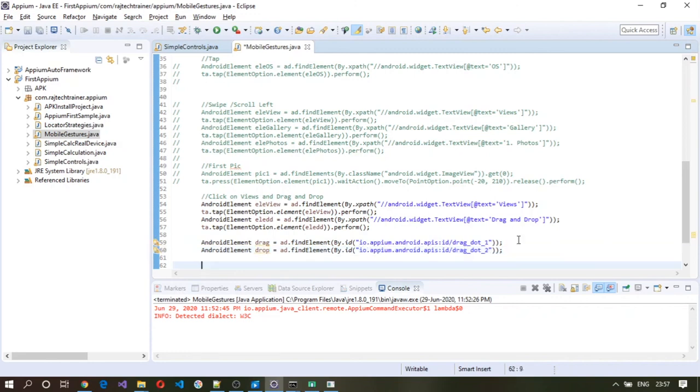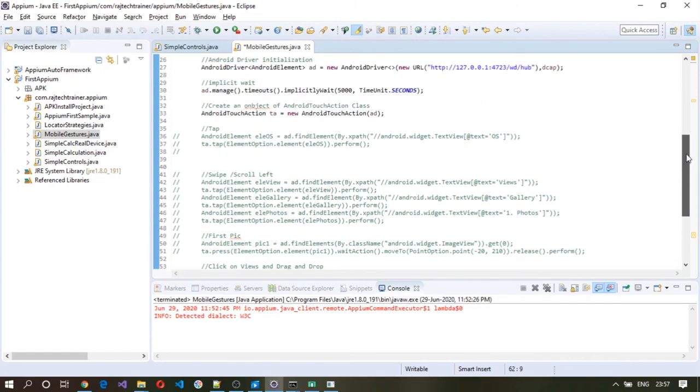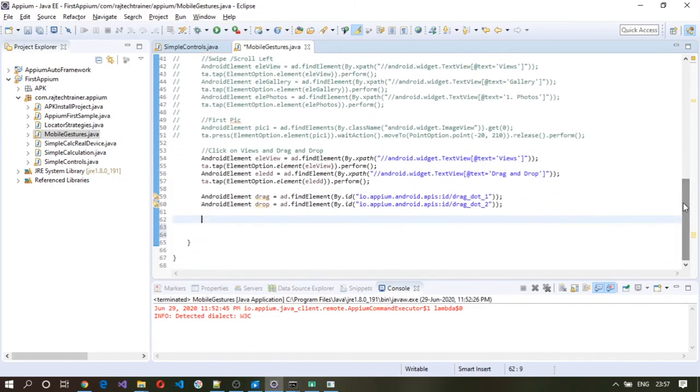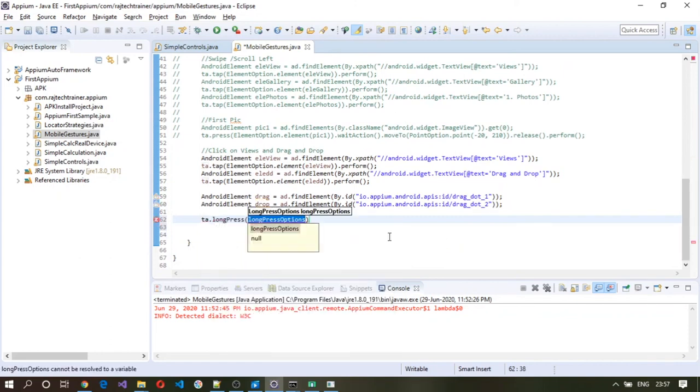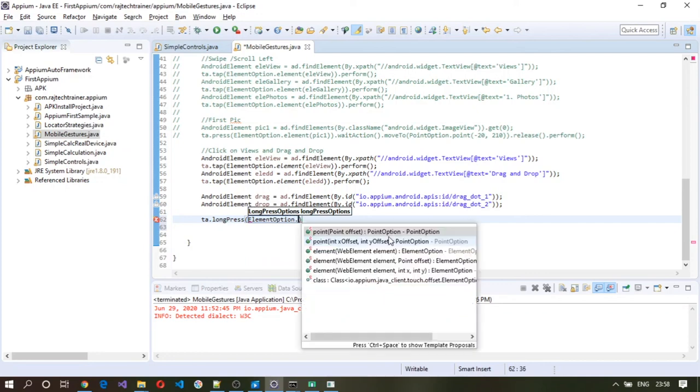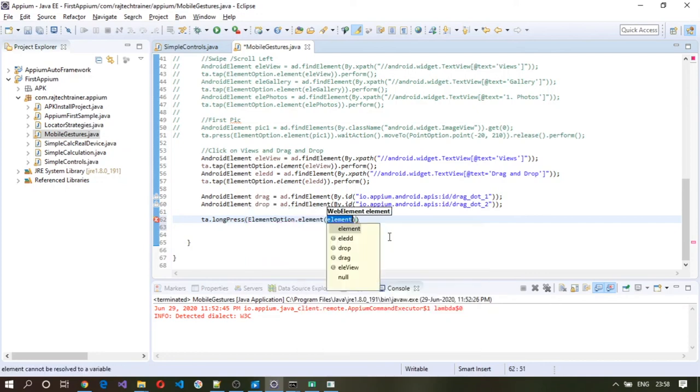Once we find these two elements, we will make use of touch action class, ta dot long press, because we have to press on the first element which is element option dot element, that is drag element,